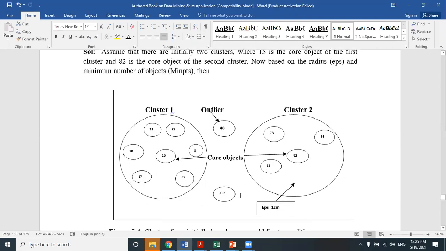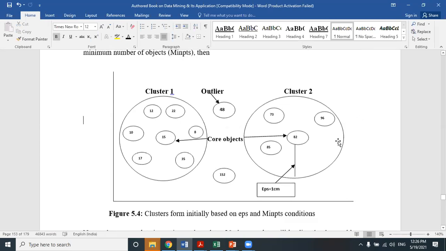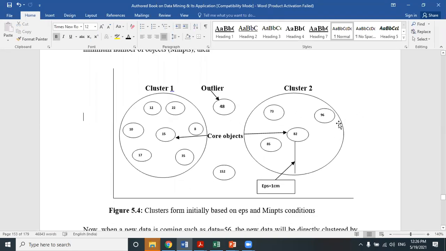So this is the initial cluster, and these two objects are not part of any cluster. We never make a DBScan cluster with the help of these 2 points because they do not satisfy the minPts condition. So obviously these 2 points will be treated as outliers or noisy points. I think it is clear to everyone, right?